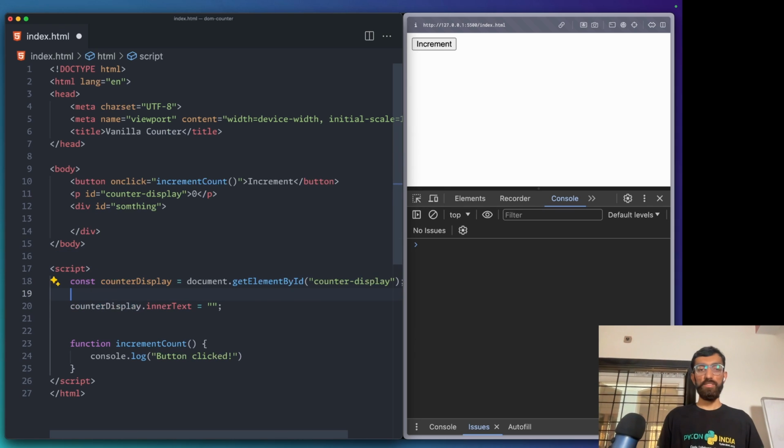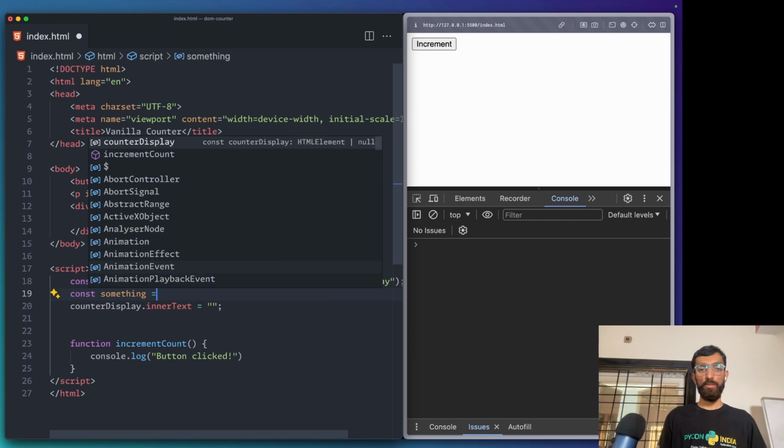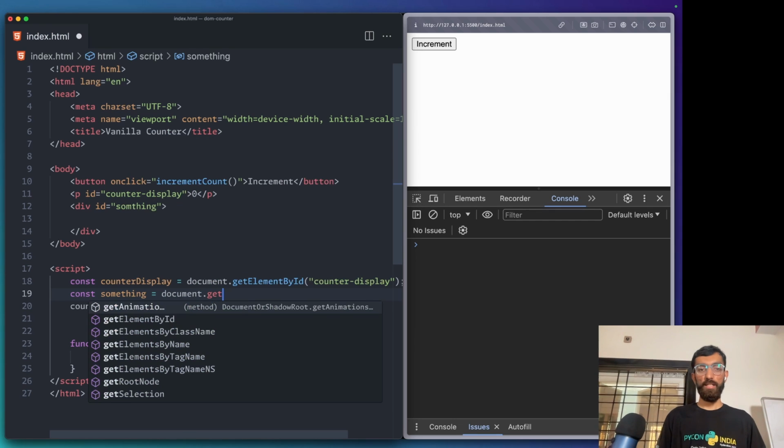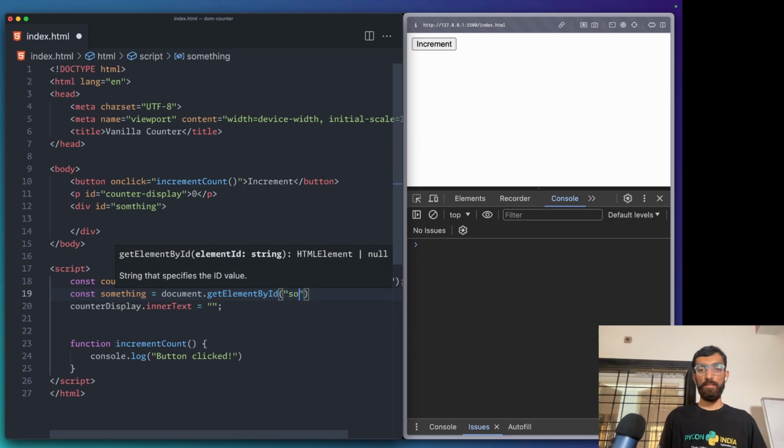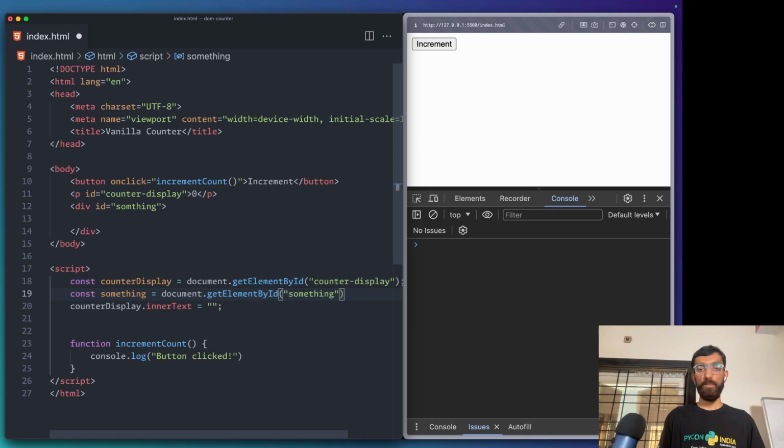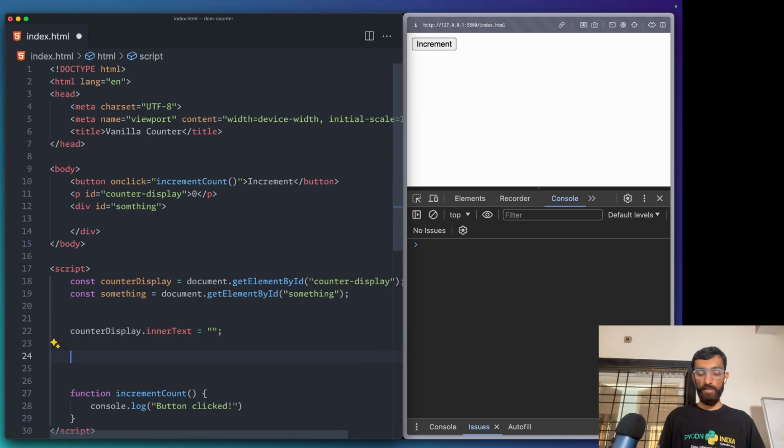And then you can follow the same procedure. You can say something equal to document dot get element by ID something, right? And then you can say my new button, let's say, let const doesn't matter,